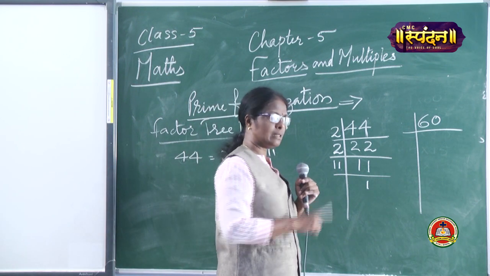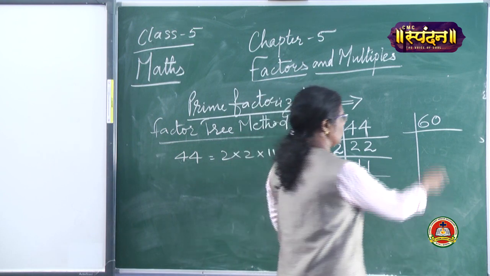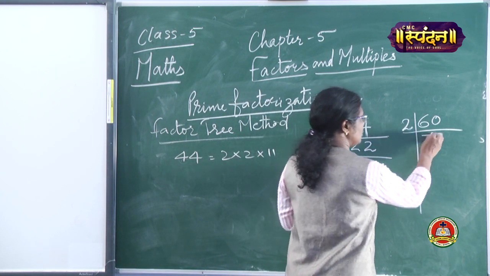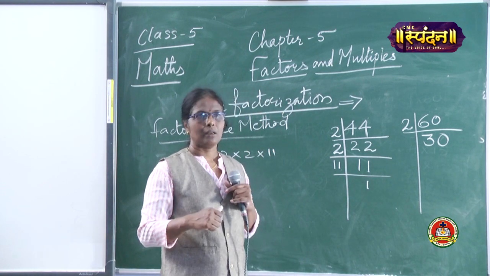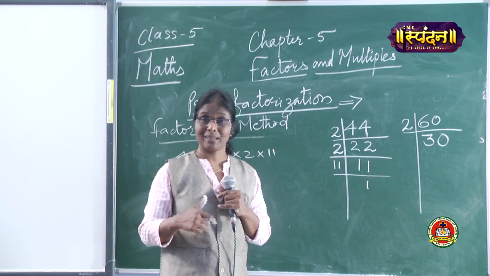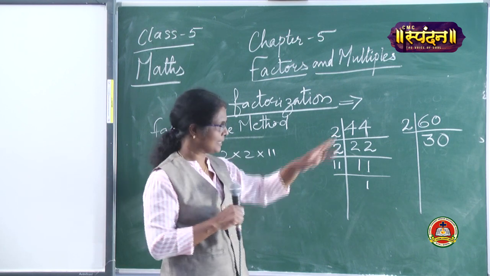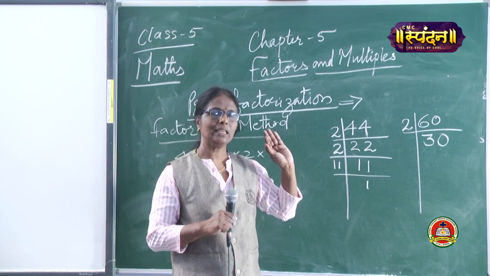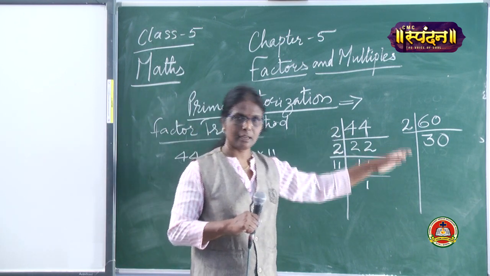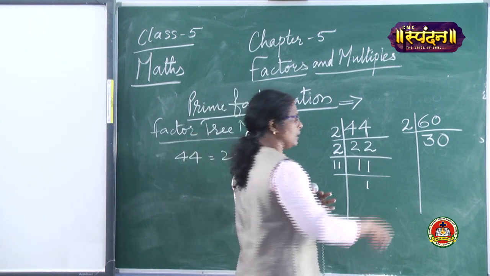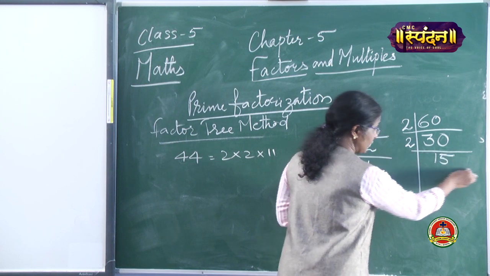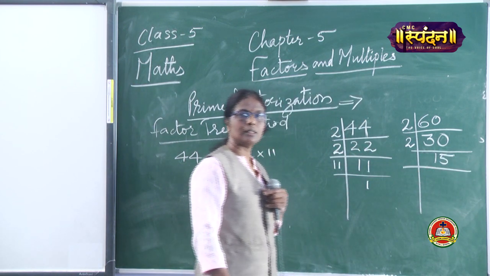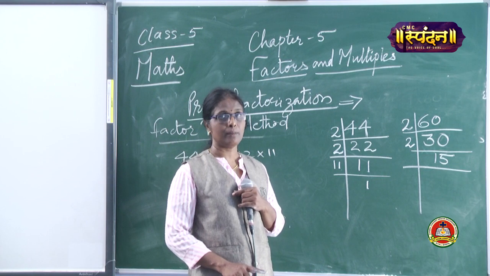So if it is divisible by 2, you can divide by 2. 60 divided by 2, 30. If you are well practiced in division, you can do it mentally also. Otherwise, if you have any confusion, please divide it in the rough column and see the answer. Okay. 30 again is an even number, it is divisible by 2, you will get 15. 15 is an odd number, it is not divisible by 2.